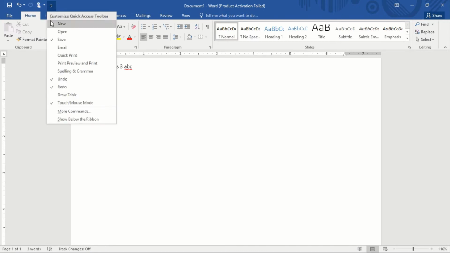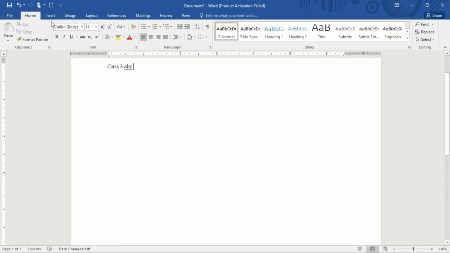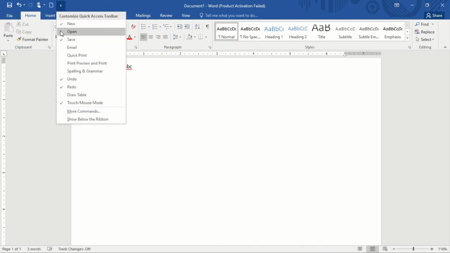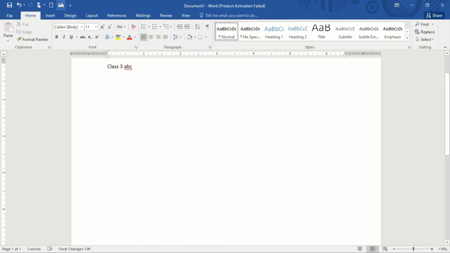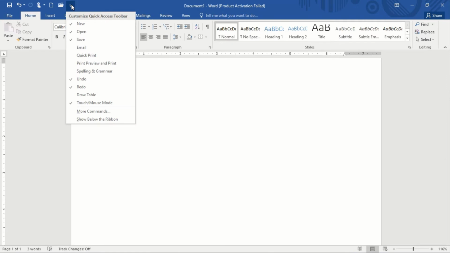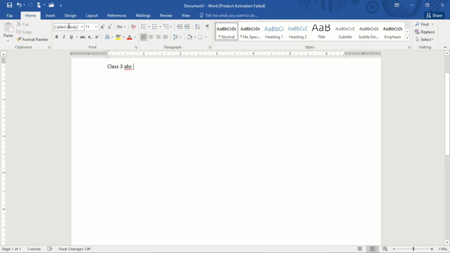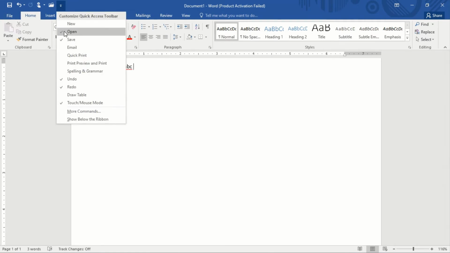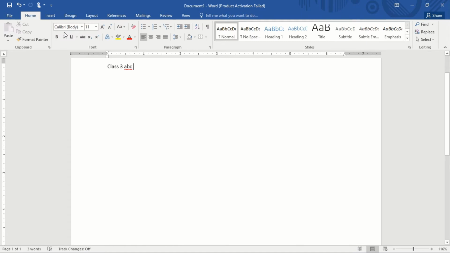If I click here, you can add a new button. This can start a new file, or if you want to open, then there is a button for opening any file. If you want to remove any, deselect it and it will be removed from here. Hope all these components are clear to you.